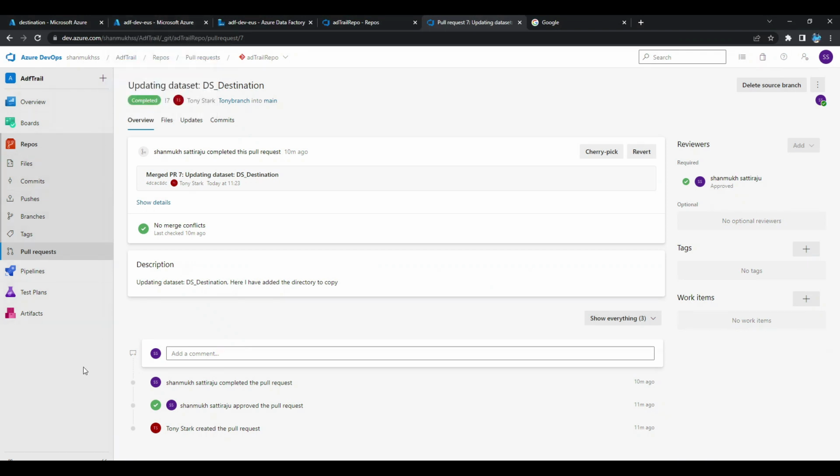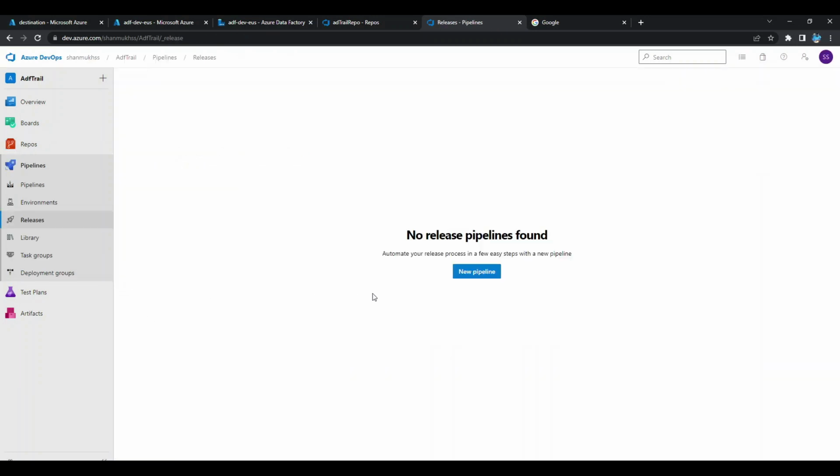So to do the continuous deployment, we need to click on pipelines and then click on releases, and it will ask us to create a pipeline. It is actually the pipeline for the release. It is not anything related to the pipelines which we have in Azure Data Factory. So we need to click on the new pipeline,